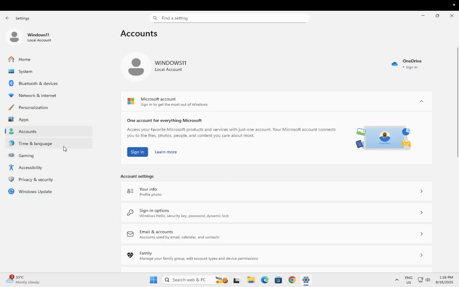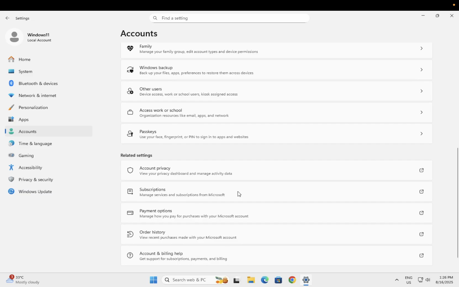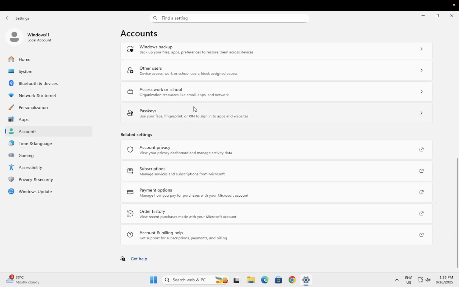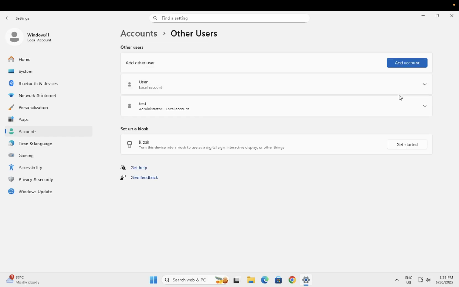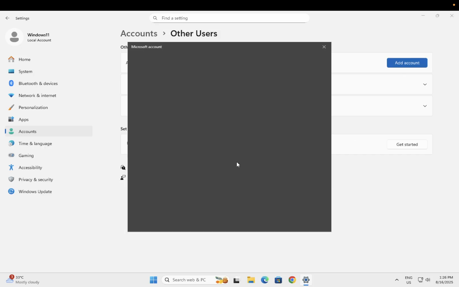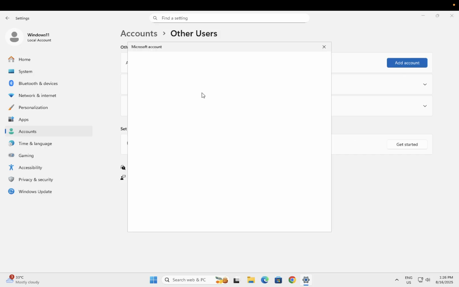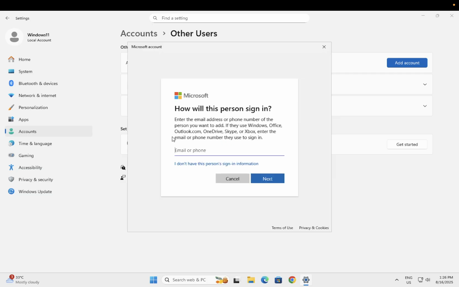and once you click on accounts here, you can look for other user here. This you can see other users. Click on that option, then click on add account, and it will ask you to log in with a Microsoft account, but in this video I'm going to use the local account. So I don't have this person info. Click on that option,